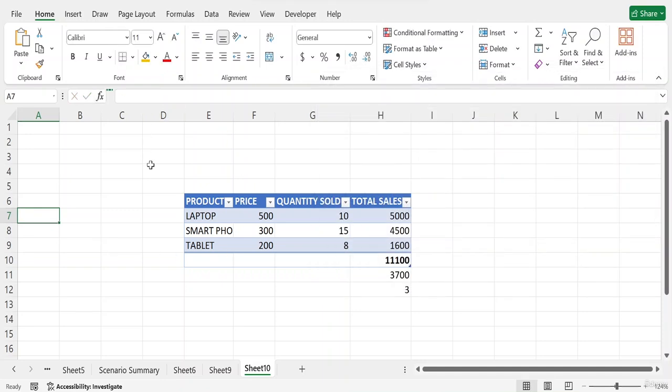One thing I want to share is that when you work with formulas, you might encounter errors, and here are some common examples. Sometimes it will show this, which is divide by 0.